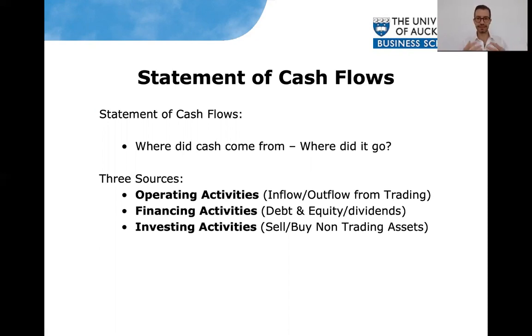And lastly, investing activities. In this case is buying non-trading assets. So for example, if you are buying a car or buying your warehouse, these will go into your investing activities. And although those are relevant for your business, they're not strictly related to trading. So these are the three main activities, the three main sections of a cash flow statement. The sum of these three will give you the net change in cash for the entire business.